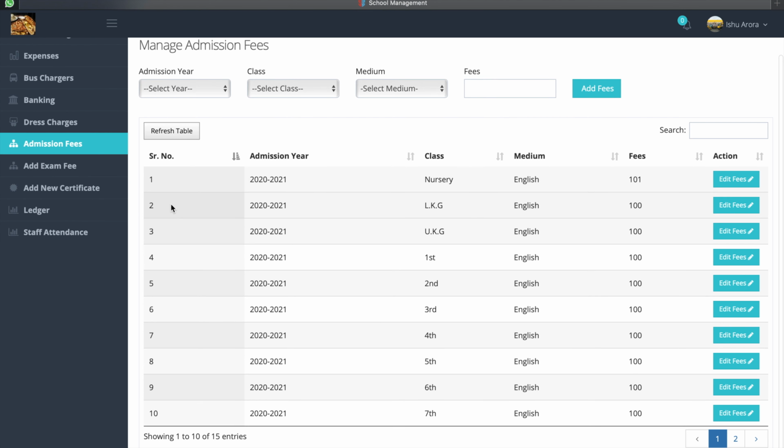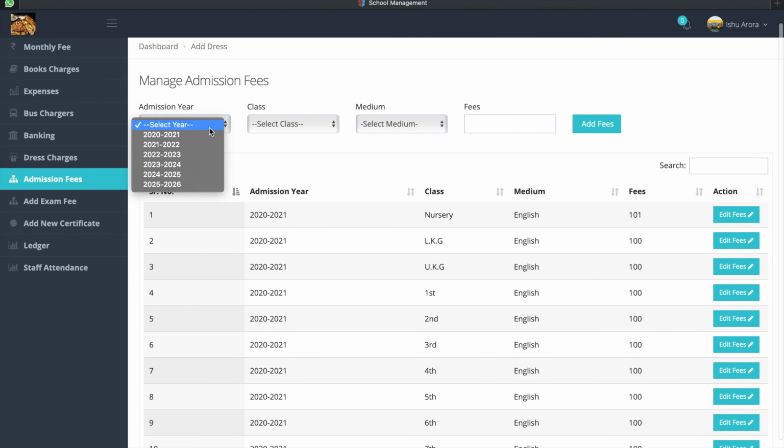So in admission fee, the user can select the year for which he is going to collect the admission fee, starting from the current year and going to future years, if the parents want to pay in advance, or if there is a criteria by a school that you have to pay for 3 years or 4 years. So we can simply classify using that, that for this year we are going to collect the admission fee. Similarly, let's say we have selected the year from 21 to 22,